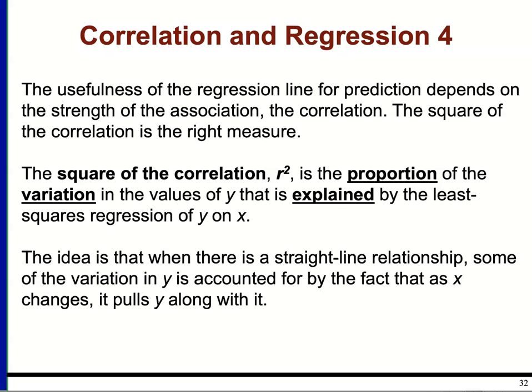least squares regression line. If your r squared is low, then it means this regression line failed to capture the variation that's happening in your data. But if r squared is high, then it means that the regression line did an excellent job capturing the variation in your y values. So if there is a straight line relationship, then you are going to be able to describe some of the variation from this line, because as x changes, then we would expect y to change with